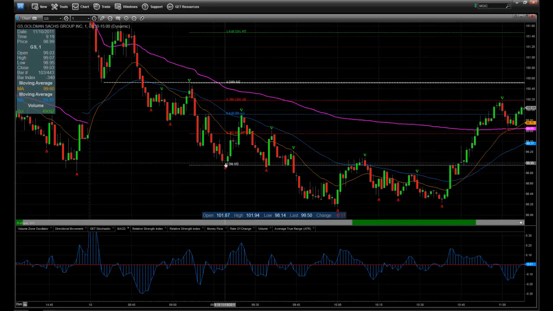And so I jumped on Goldman relatively quick here, and I bought it at, what price did I buy it at? I think I bought it at 98.98. Basically, I got it in this second candle here, right after this doji close. I got in on this next candle, and